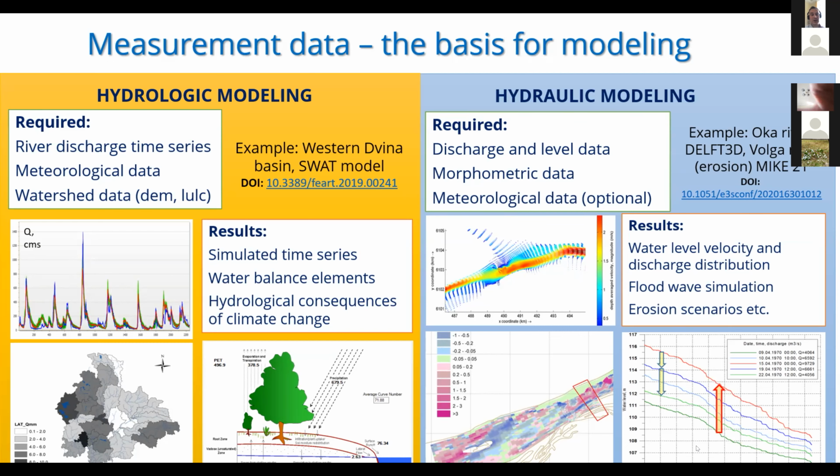Hydraulic models require a lot of data of hydrological measurements, for example, discharge, water level data and time series, morphometric data, and also meteorological characteristics as an option. As a result, hydraulic models provide water level, water velocity, discharge distribution, flood wave simulation, erosion, and also different scenarios of water use.